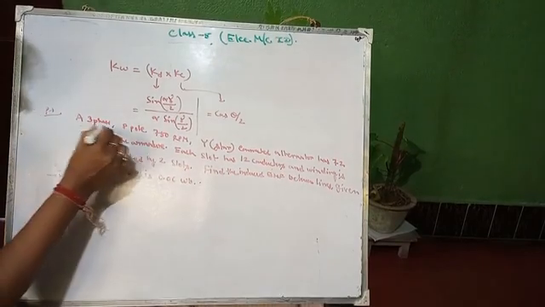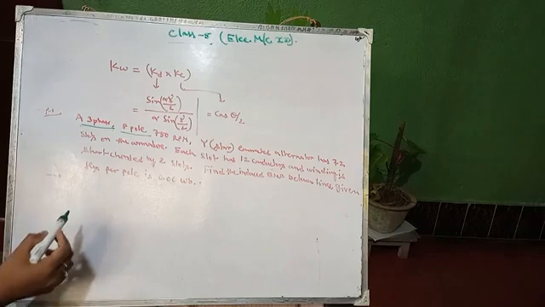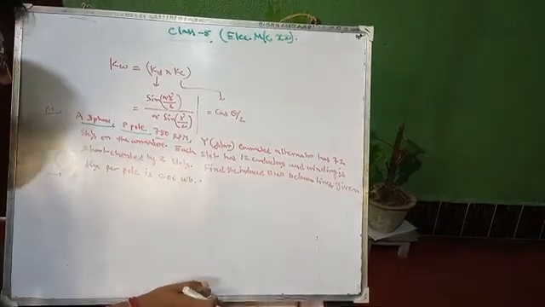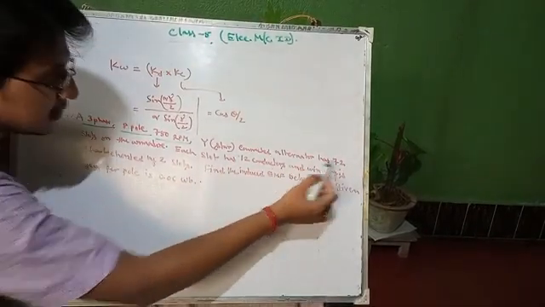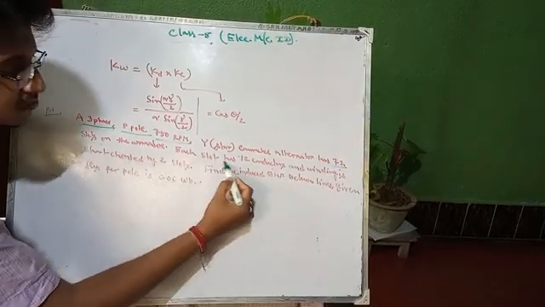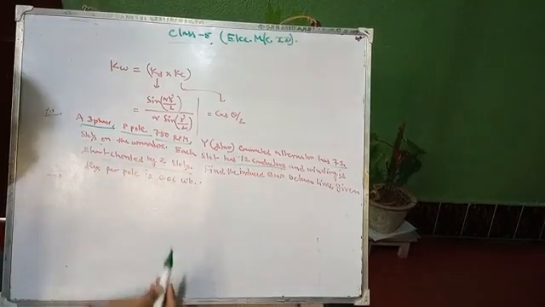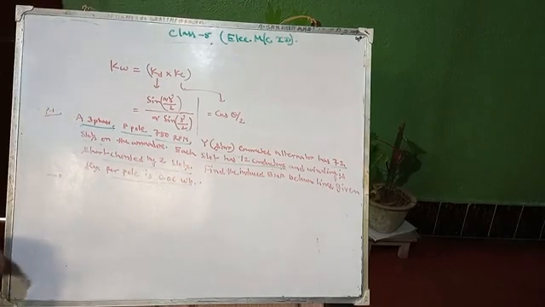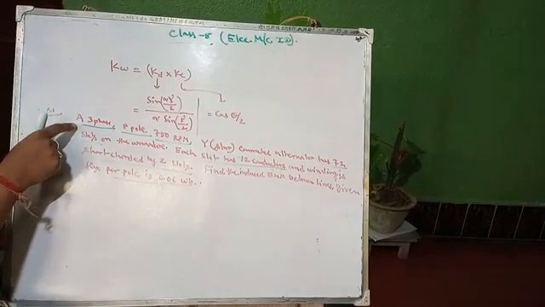So in this problem, first it is a three-phase system, then the number of poles is 8 and the speed of the rotor is 750 rpm. It is star connected, there are 72 slots, and each slot has 12 conductors. The winding is short chorded by 2 slots. Find the induced EMF and flux per pole. So there is a lot of information, right? First it is a three-phase system.